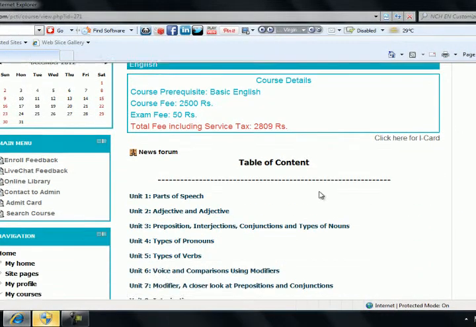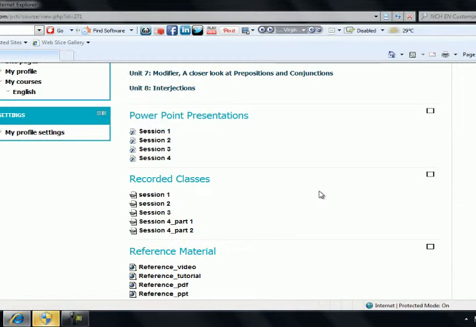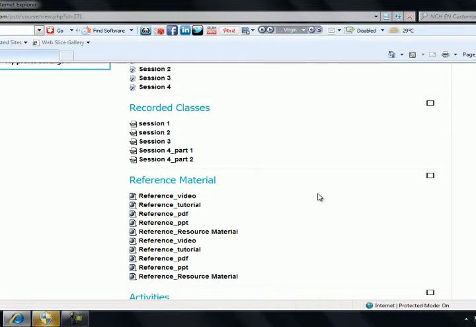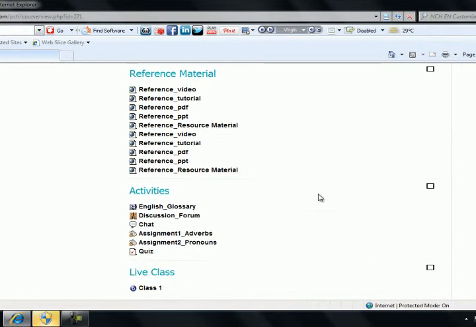Now, along with the presentations and the recorded classes, there is a reference material field. Now, this is a field which gives you the various links on the reference materials related to topics which are under discussion. There is this activity field.